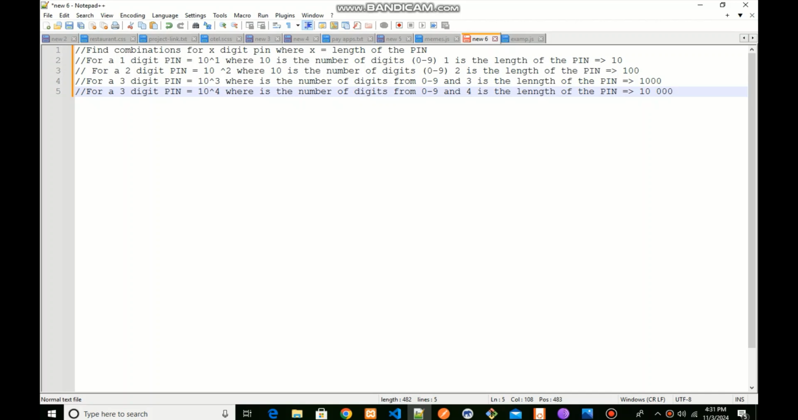Hi, in this short development task, we're going to find the combinations for the digit pin, where x is equal to the length of the pin. For instance, if we're saying that our pin has 4 digits, we're going to find all the combinations. So according to the mathematics,